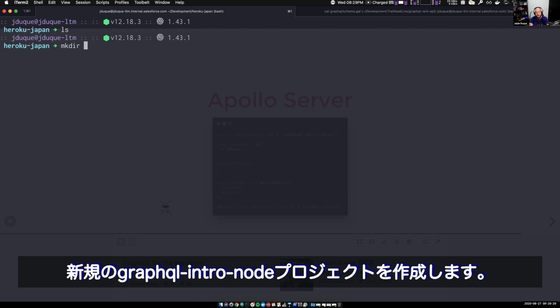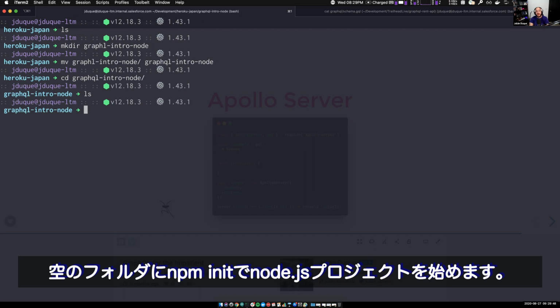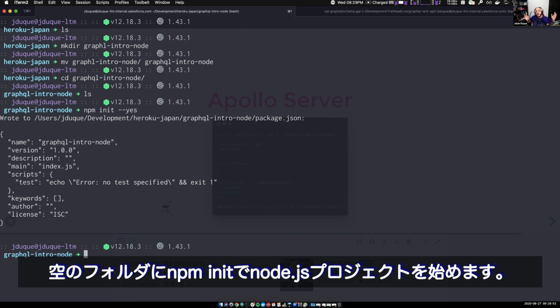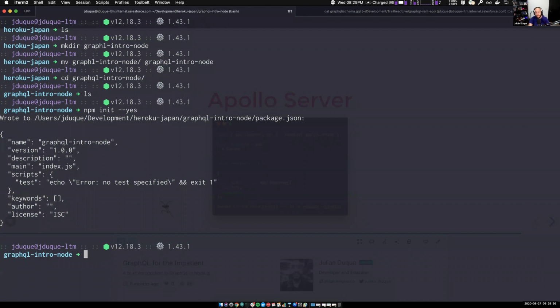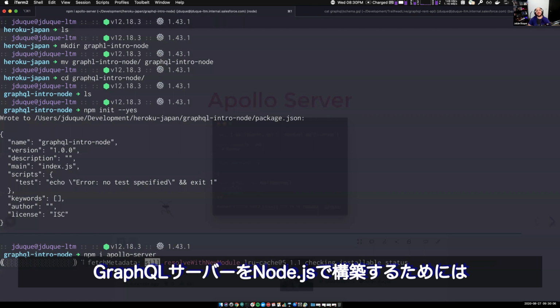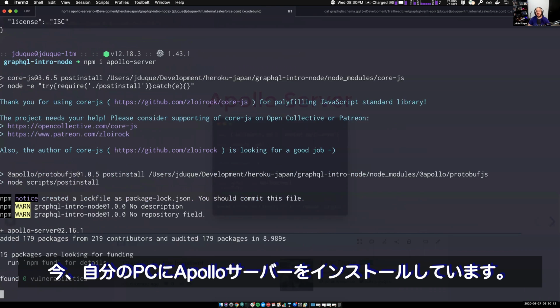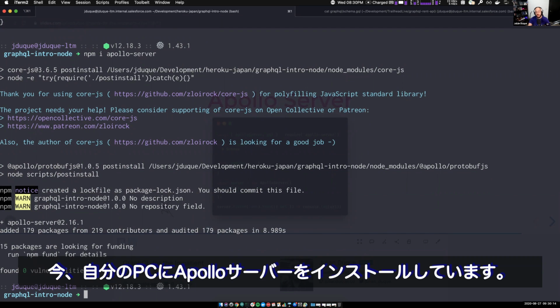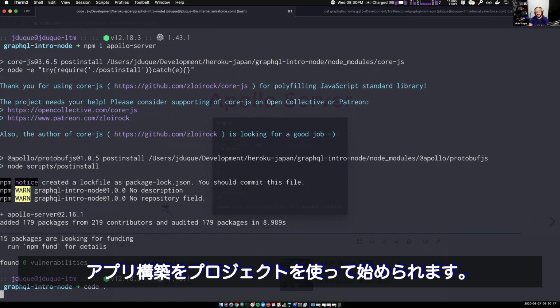This is going to be GraphQL intro with Node.js. So this is an empty folder. I'm going to start a Node.js project using npm init. So I created a basic npm project right now. And remember that I told you that I need the Apollo Server library to be able to create a GraphQL server using Node.js. So I am installing Apollo Server right now on my computer,